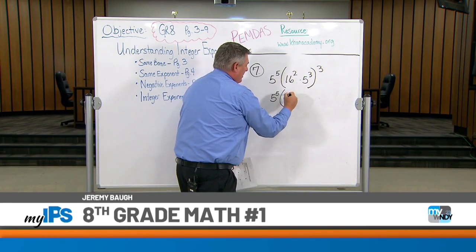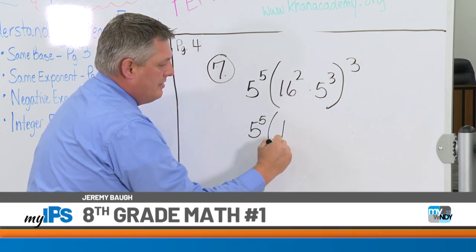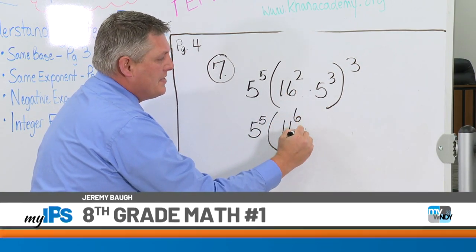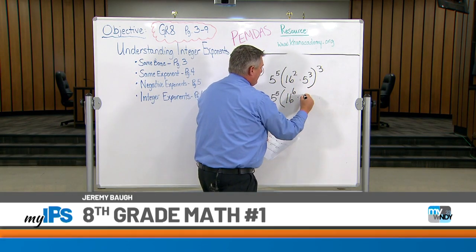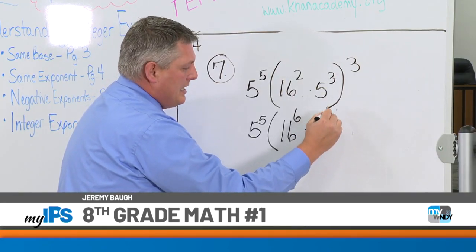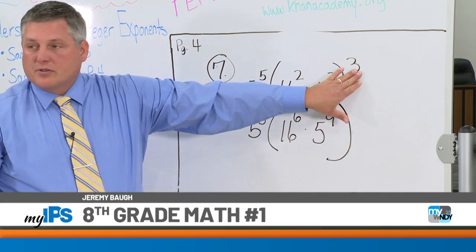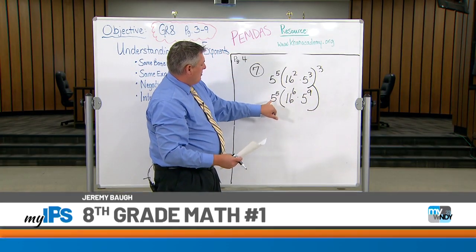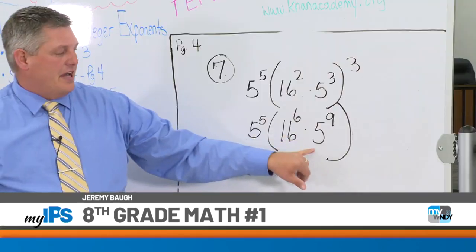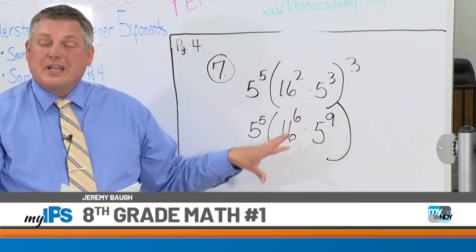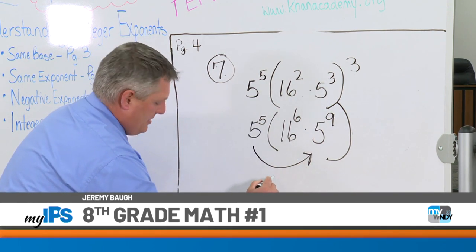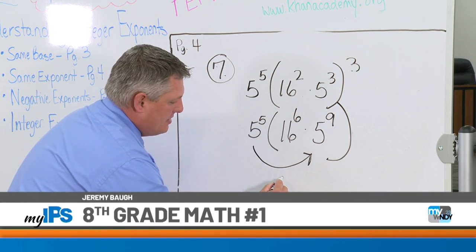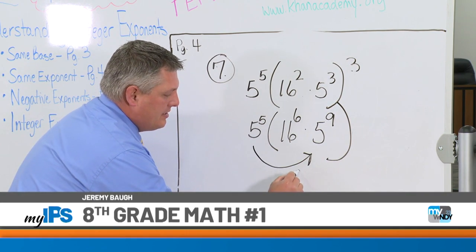16 to the power of 2 times 3 is, right, 6, times 5 to the power of, now we've got 3 times 3, so what do we have there? Right, 9. So now we've gotten rid of this one. We've made it to here. We have 5 to the power of 5, 5 to the power of 9. We know that we can add those together, so I'm going to do a little simple equation like this, and that's going to leave us with this number, 16 to the power of 6